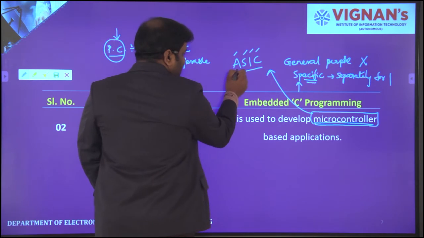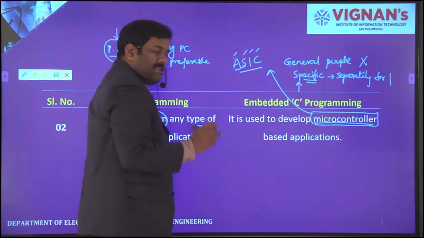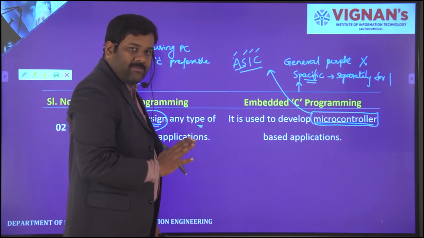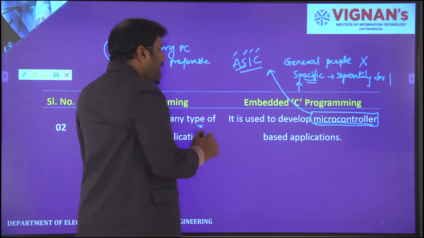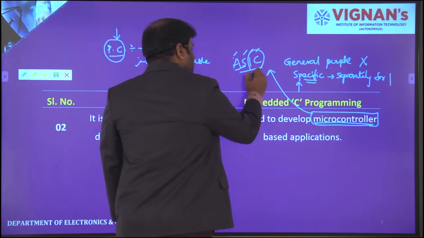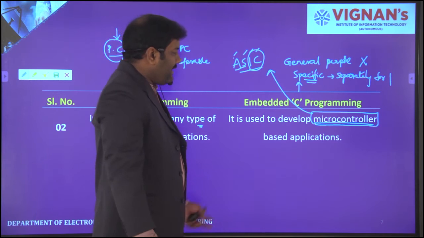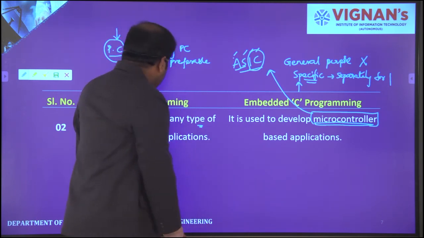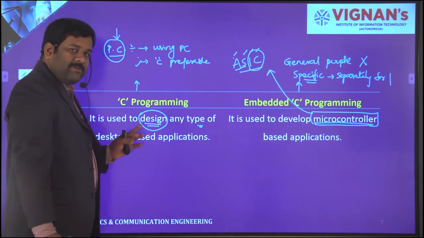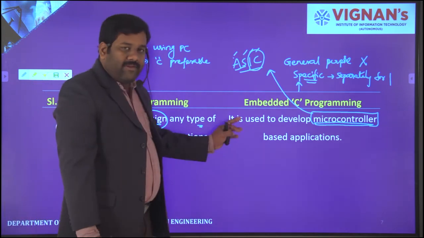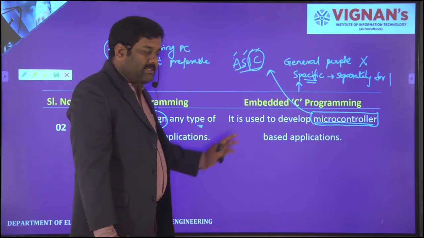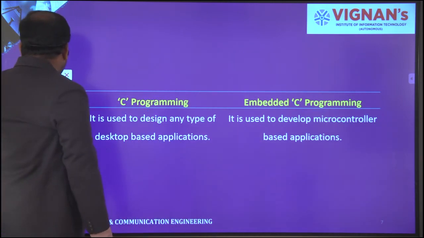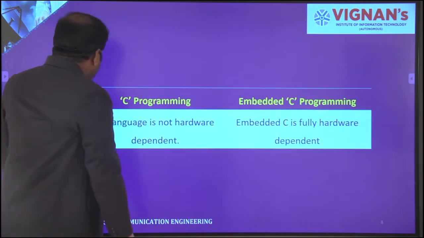There is one specific application available, and based on that you need to manufacture or fabricate one separate IC. Then only you will go for one of the microcontrollers, right? So C programming is designed for PC based applications, and embedded C programming will be supported for microcontroller based applications.